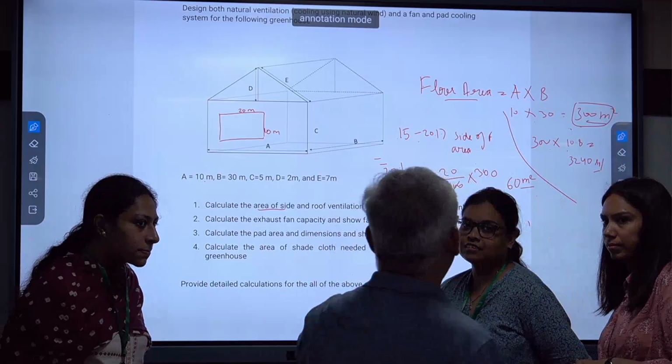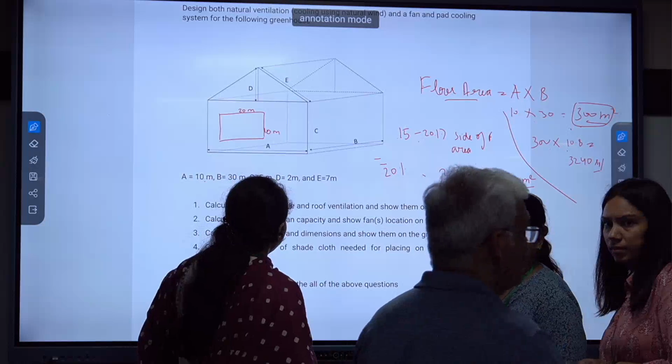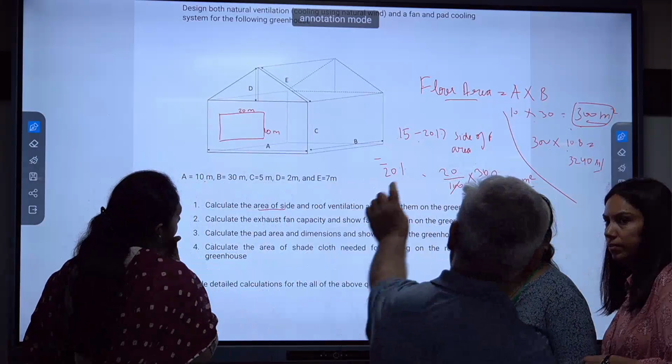So show me 30 by 1 then. 30 meters length by 1 meter, 30 times 1 is 30 meters square. That's what you want to put, right? So all along that length you get